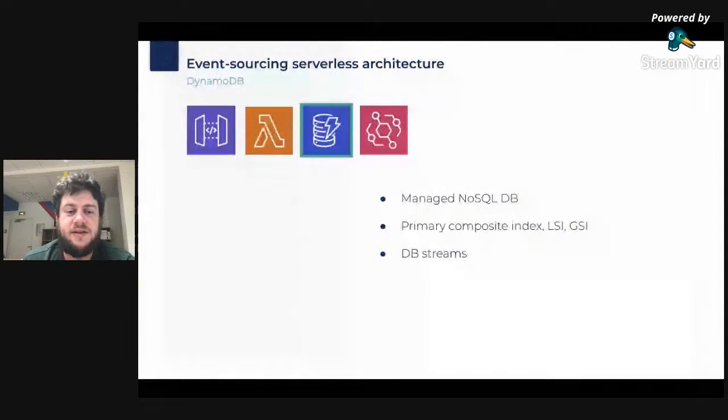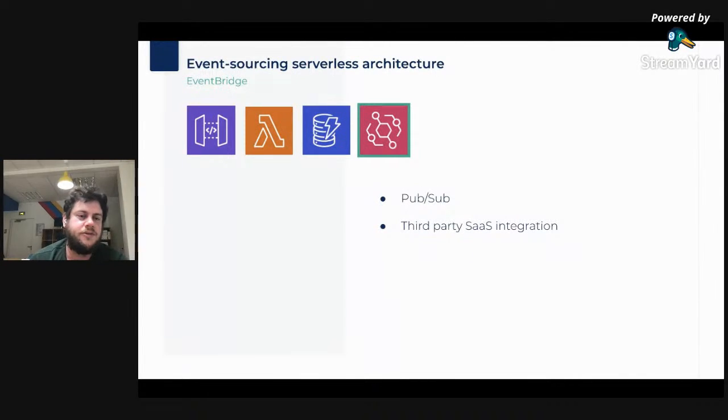One feature that we will particularly use to leverage the CQRS and event source pattern is DynamoDB Streams. I will talk about it a bit later. And finally, to glue it all together, we use EventBridge, which is a pub/sub managed service, behaving like an application bus that allows all these different layers to communicate easily in a decoupled way.